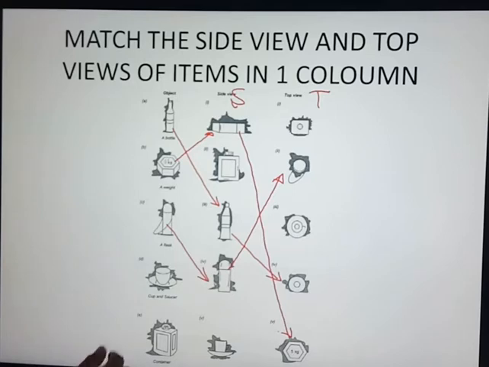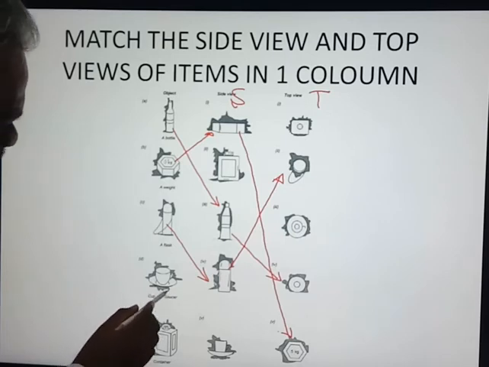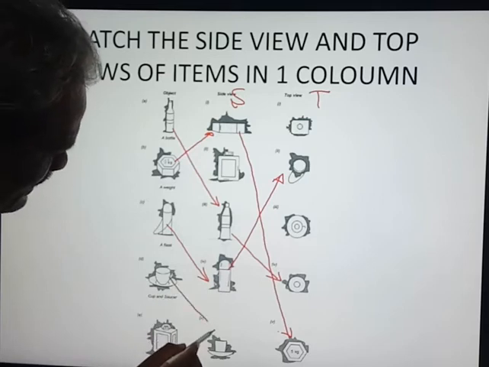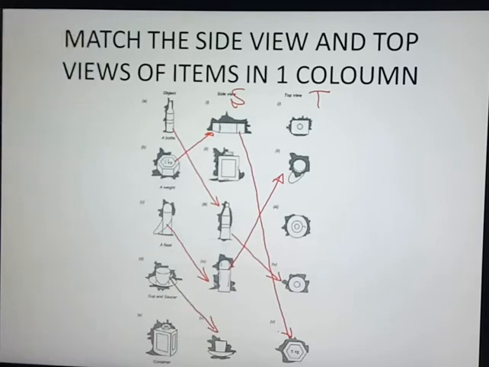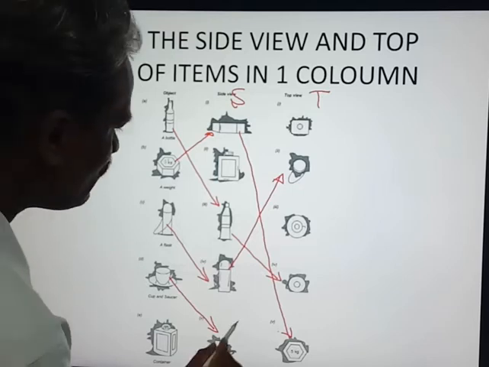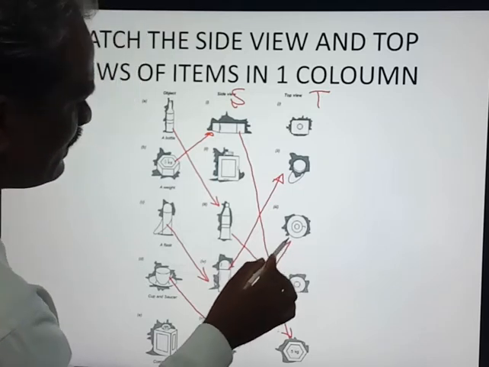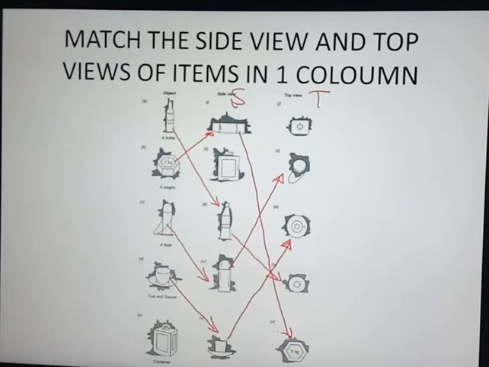Now, a cup and saucer is given. Here is a cup as well as saucer. When you look at this cup and saucer, the side view will be like this, the last option. And when you look at this from the top, it will look like 2 circles, that is the third option. So these are the combinations you are getting.